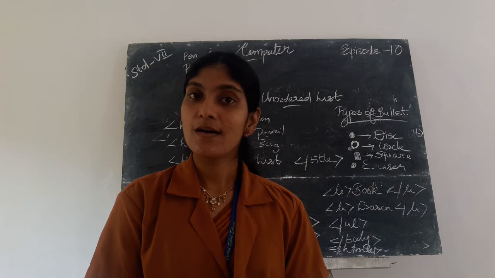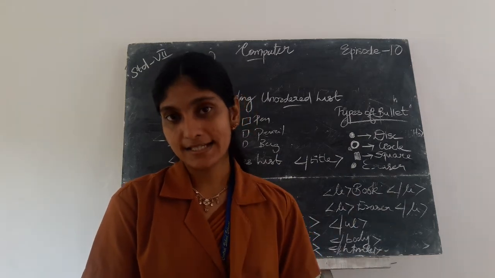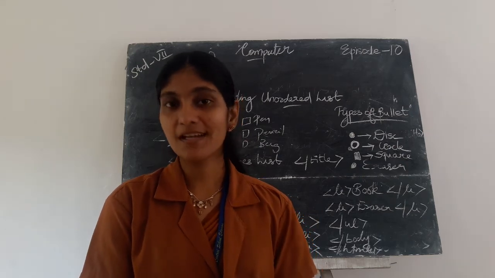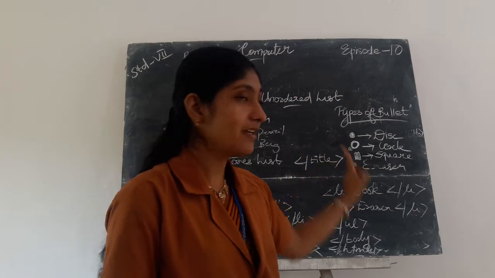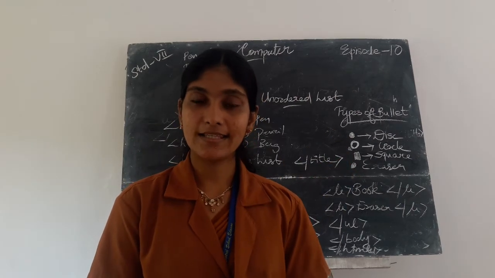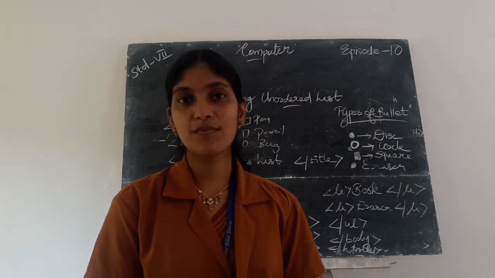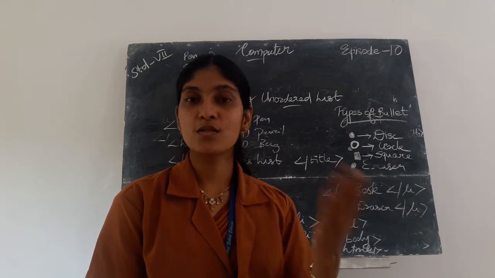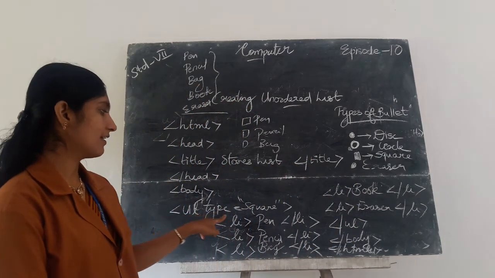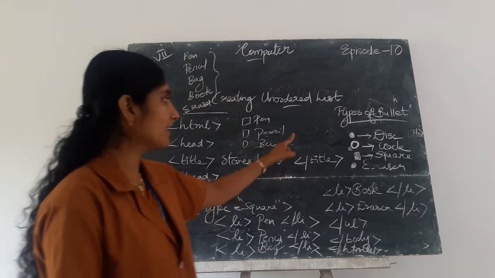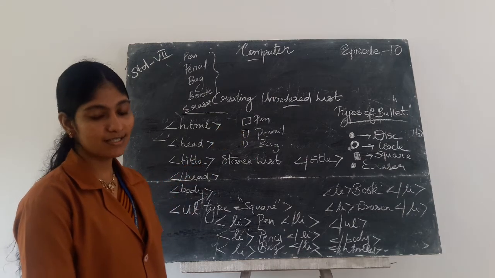Then second type of list is unordered list. Unordered list is bulleted list. So here there are 3 types of bullet: disc type, square shaped type, and then circle type. Disc type means like this. By default the items are displayed in bulleted list or disc type bulleted list. So if you want to change the bulleted list to square shaped, just replace the letter type equal to square. So finally the output becomes the items displayed in square shaped list.